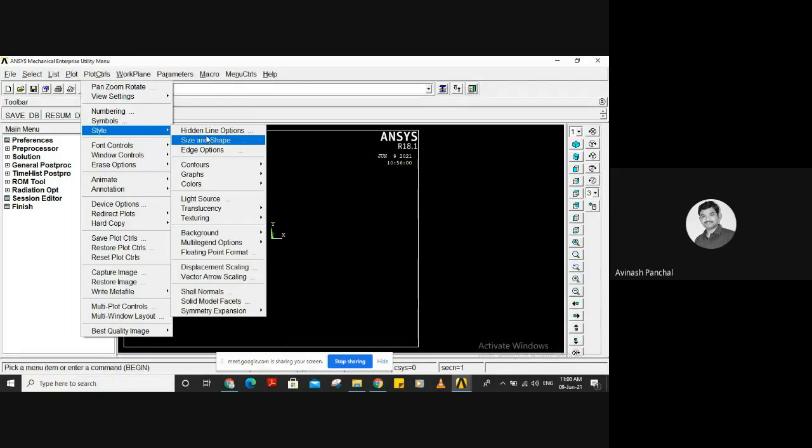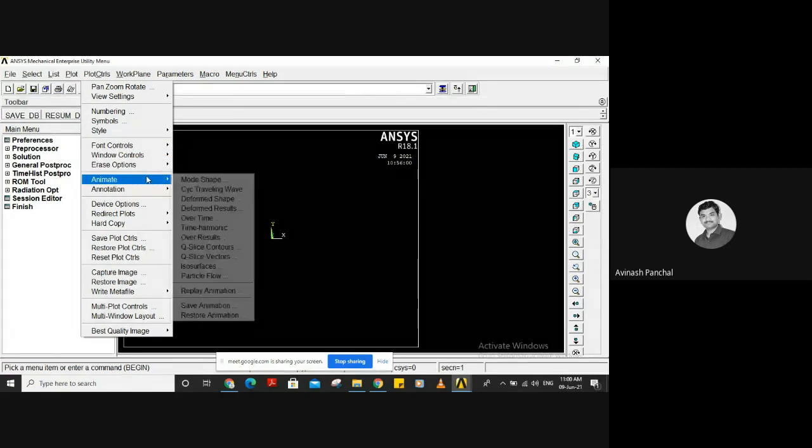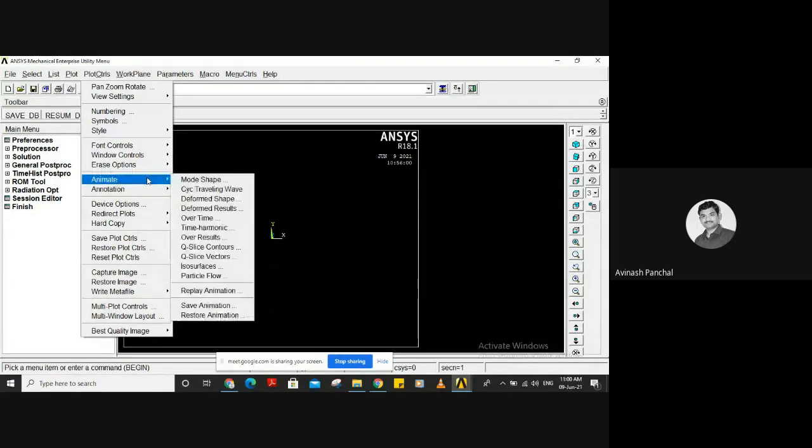Okay, then also we can see many options over here: colors, contours, graphs, light sources, texturing, background, displacement settings, shell norms, summary expansion. Okay, these all things we can use over there. And then the important one is animation.